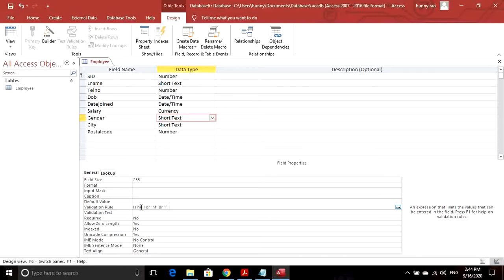There are some rules. Here I write Is Null or, then in inverted commas I have written M, and then or, and then in inverted commas I have written F. It means that this field can either be null, or it can have a value of M, or it can have a value of F, but other than this it cannot have any other value. And in validation text I will write please enter M or F. Okay, so for gender I have written a validation rule.